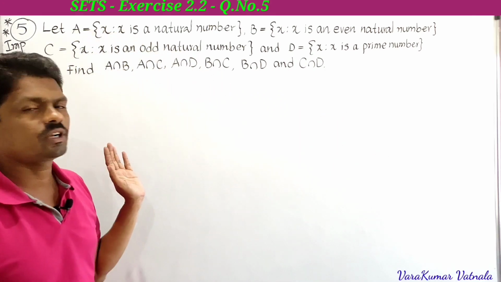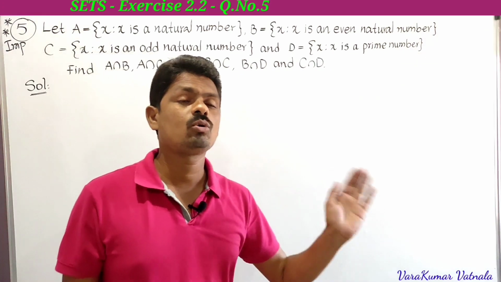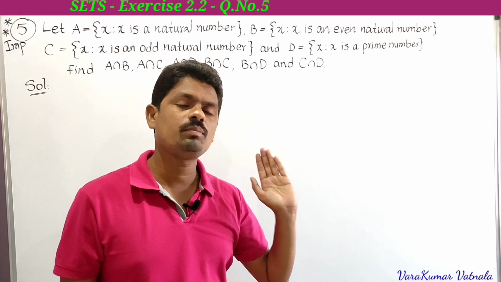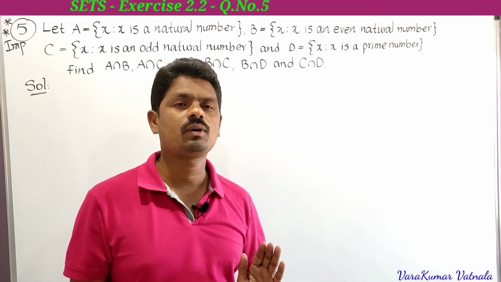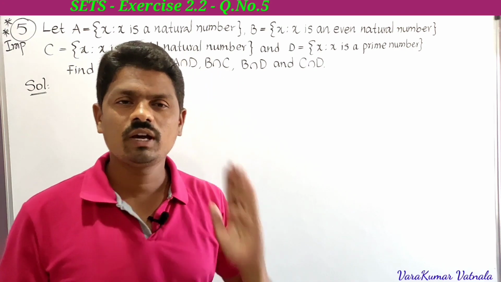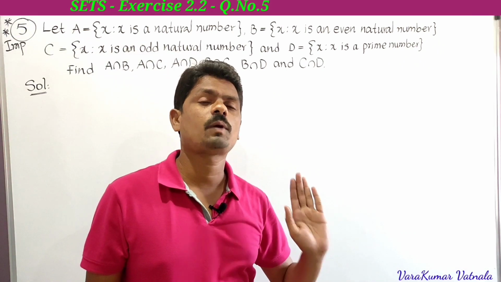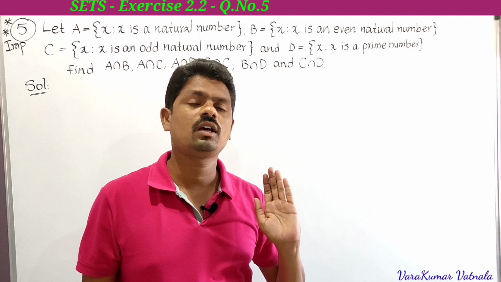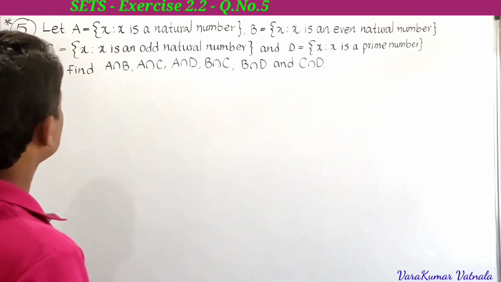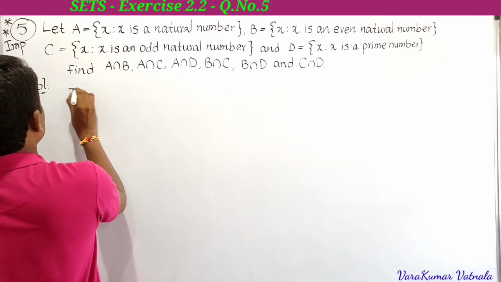This is very important, student. He has given the sets in set builder form, so first we have to write them in roster form. Writing the sets from set builder form to roster form is very important. If you write the roster form clearly, you can do everything. It is very important for 4 marks, because every time he asks these types of problems for 4 marks. Just concentrate here, and you can do it very easily. First you have to write the roster form. The roster forms of the given sets are, see here,